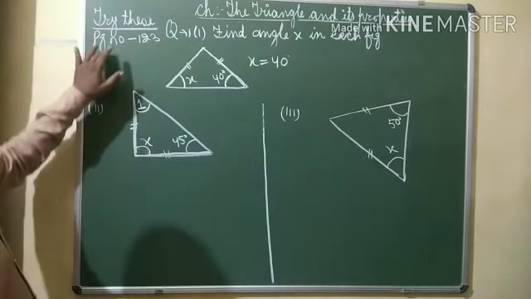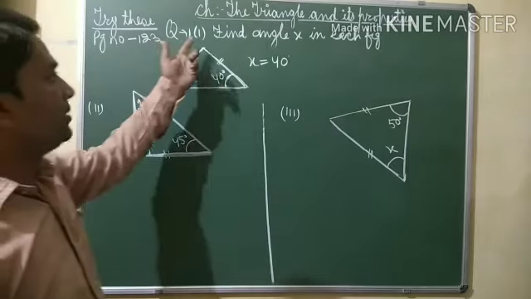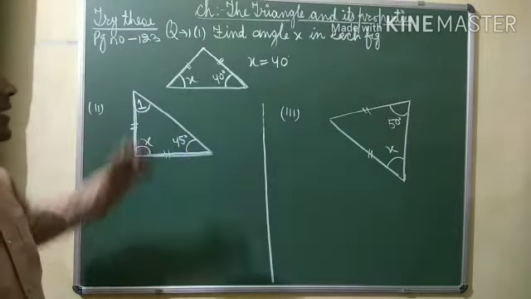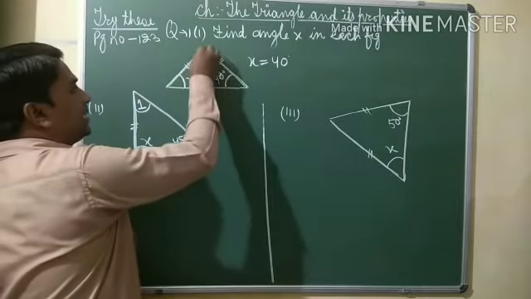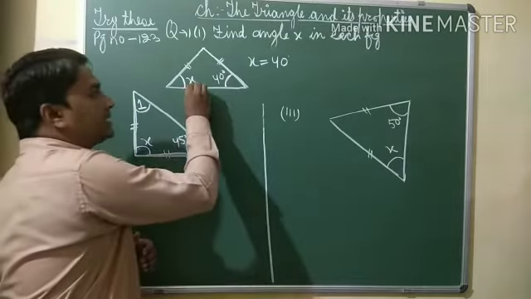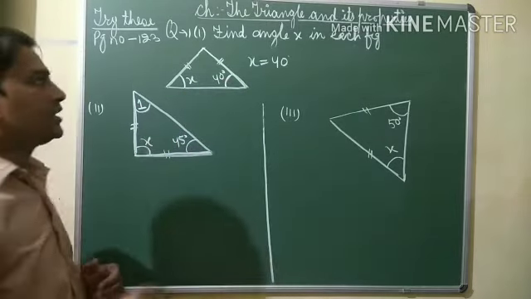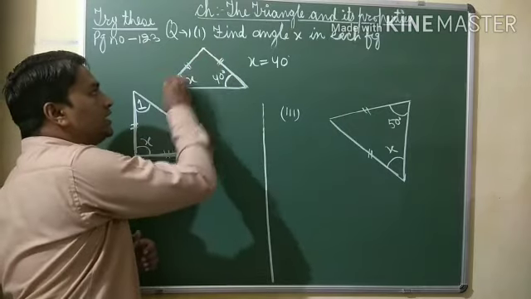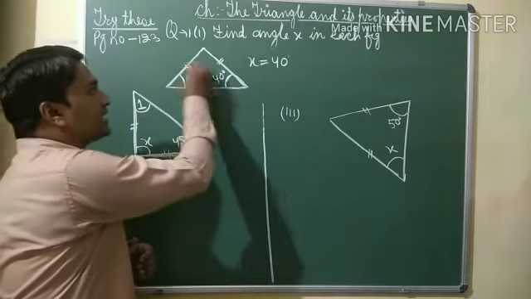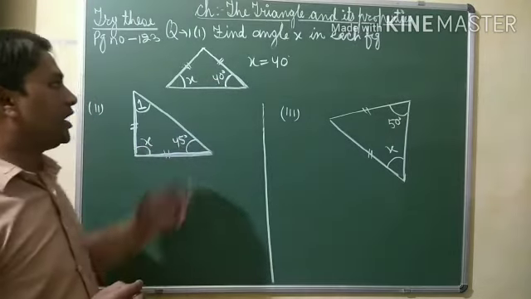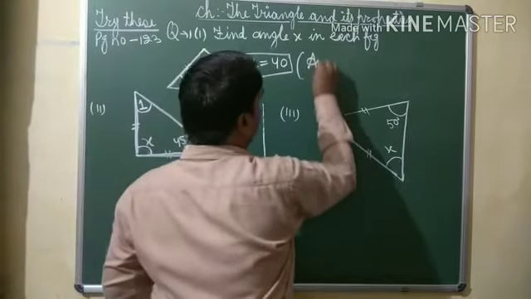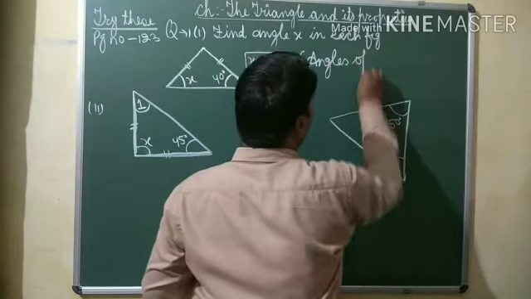Next is try these, page number 123. Question number 1. Find angle X in each figure. First part, in this part we can see that these two sides are of equal length and X degree and 40 degree be the two angles which are opposite to these two equal sides, and we know that angles opposite to equal sides are of equal measure. Therefore X is equal to 40 degree because angles opposite to equal sides